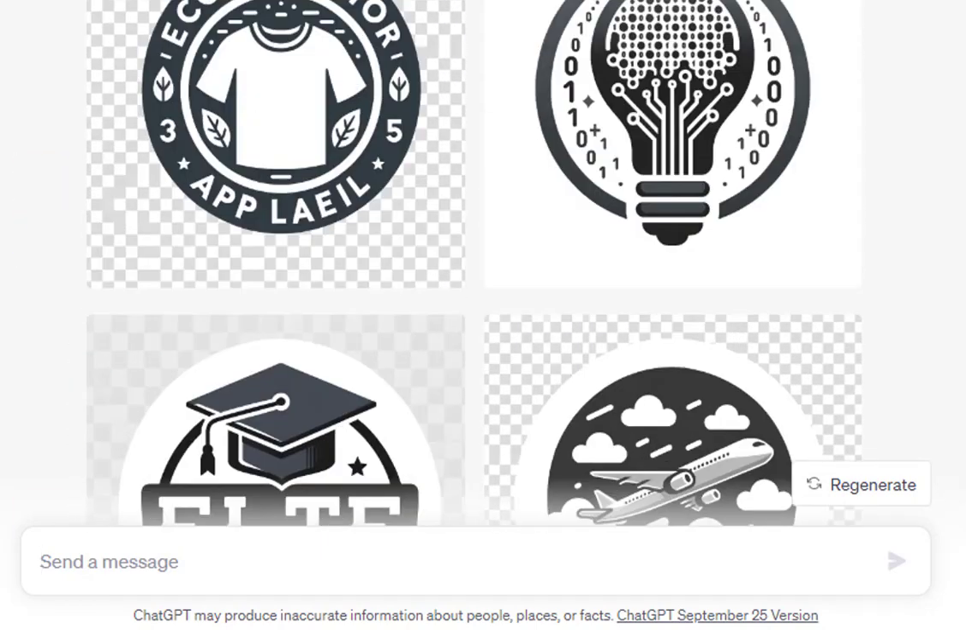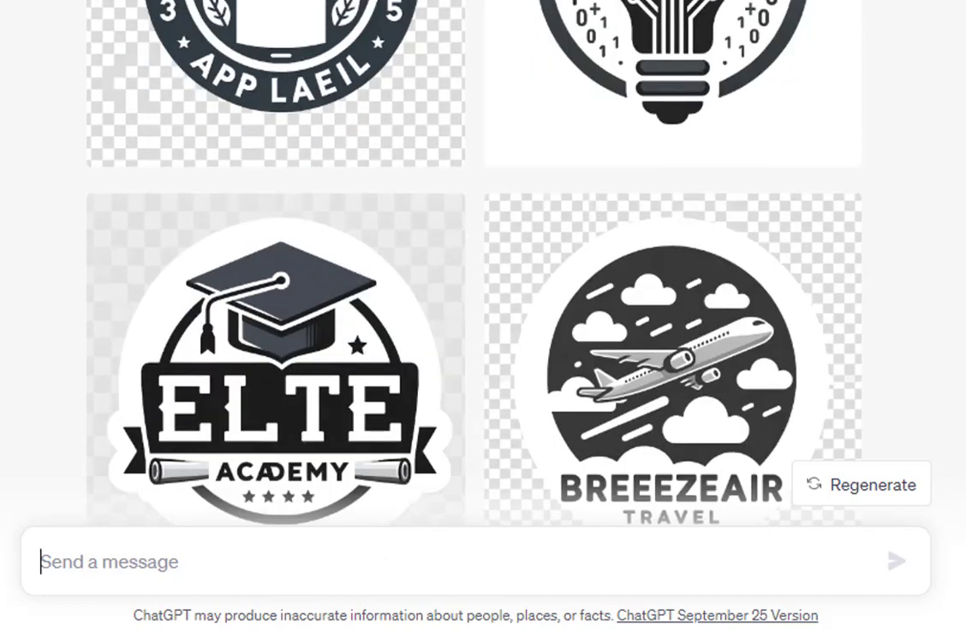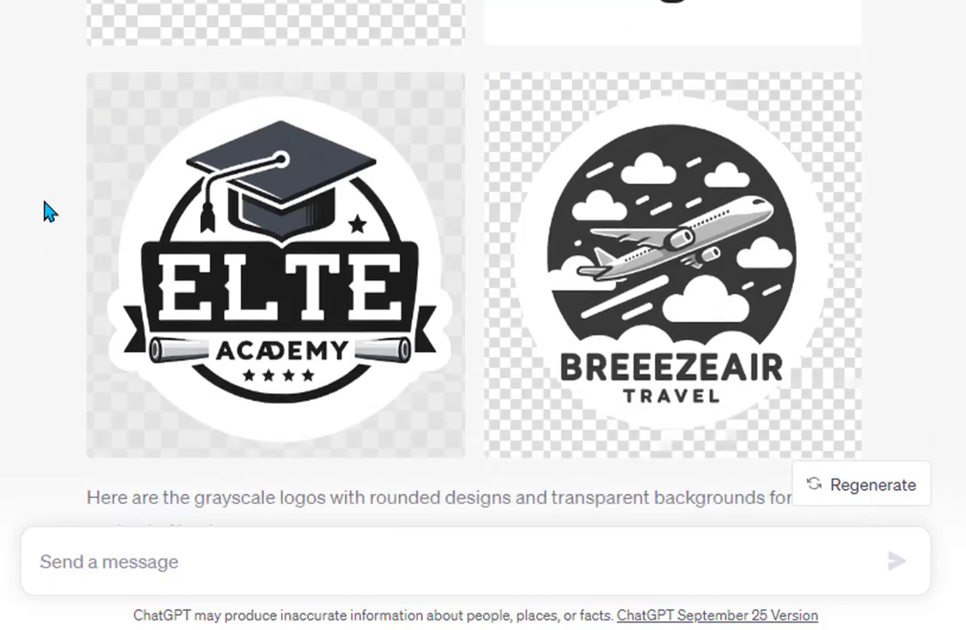Now I could go and for the next hour or so generate hundreds of logos of all different styles and shapes, different colors. So this is a grayscale. So how awesome is that? I don't really like these. Now let's see